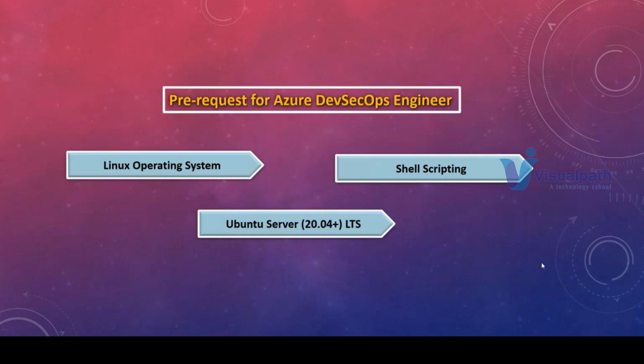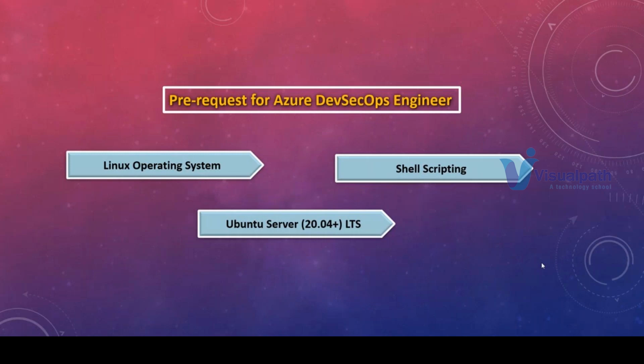That is the reason why in Linux we have so many flavors like Red Hat, RHEL, CentOS, Debian, Ubuntu, Linux Mint, OpenSUSE, and many more. Of these, we will be learning the Ubuntu operating system. Why have I chosen Ubuntu? Because Ubuntu is widely used after Red Hat. Moreover, Ubuntu is free and open source. No need to purchase any license key. And it also has long-term support.